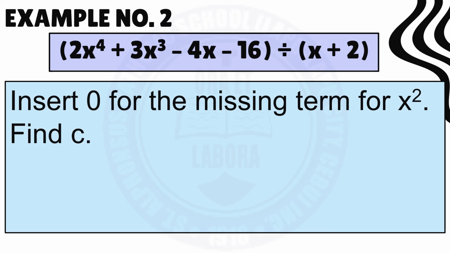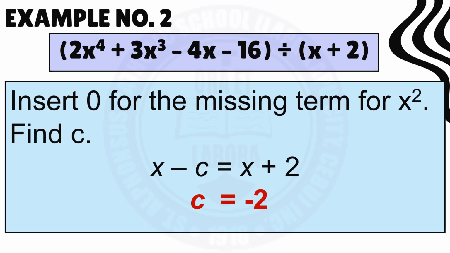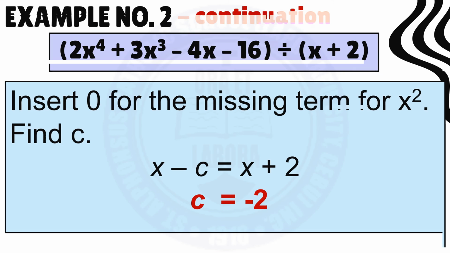After which, we have to find the value of c from our divisor x plus 2. So x minus c, that is equal to x plus 2. Therefore, c is equal to negative 2. And then,